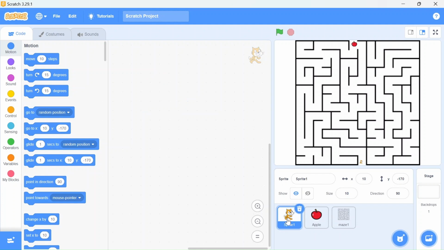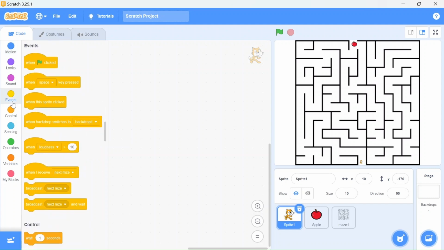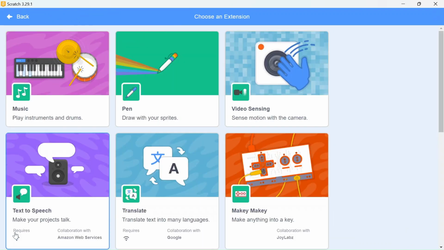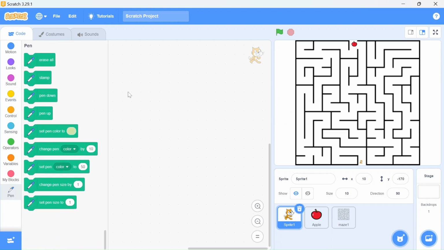Now comes the main game, which is of the sprite, and for this we need to code a lot. So we will start. What we actually need to do, just understand, is move our Scratchy, right? It will move up, down, left and right. And as soon as it touches this maze, it will not move ahead. Let's start coding. We will need the pen block as well, because it will draw a red line. So we will have this pen block here.